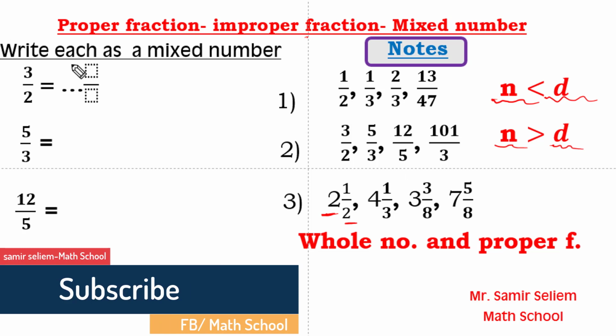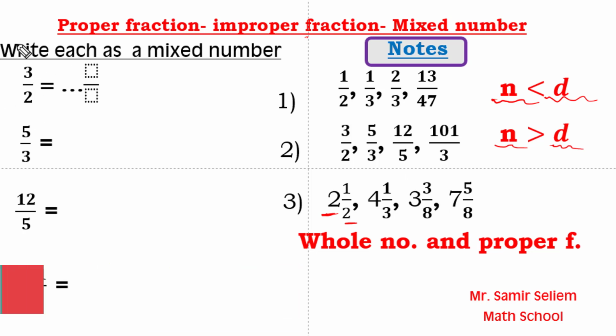But how can we write an improper fraction as a mixed number? If you look here, 3/2, how can we write it as a mixed number? Just use division. 3 divided by 2 equals what? Equals 1. What is the remainder? The remainder will be 1 over the same denominator. We will say 3 divided by 2 equals 1, and the remainder will be 1 over the same denominator, which